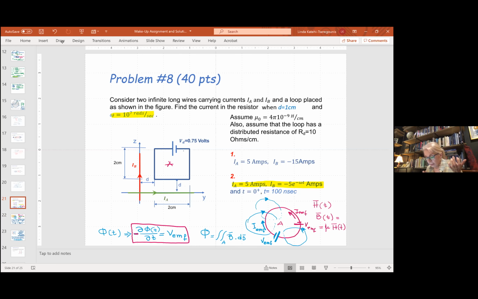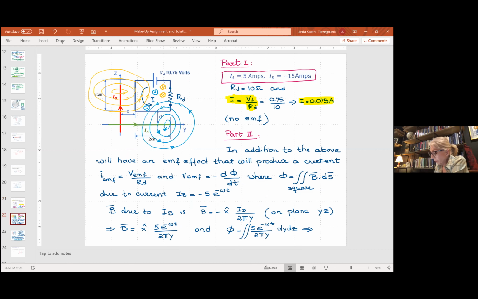Then everything else is given to us. We have all of the dimensions, right? This D is 1 centimeter. Each of the sides of the loop, this is a square loop, is 2 centimeters and so forth. So we have the area and we have the change that takes place in the current IB. So now we have to solve this problem here, part 2. And in part 2,